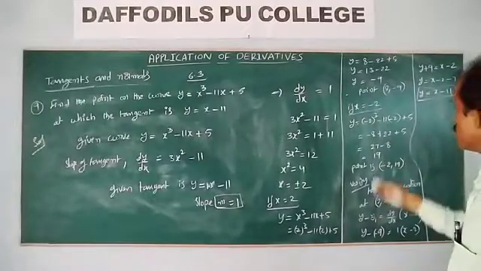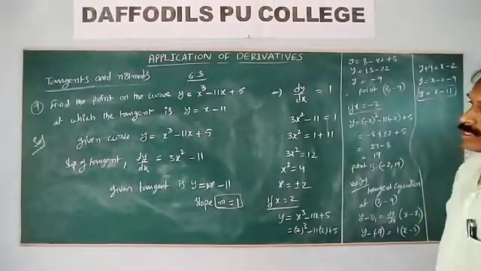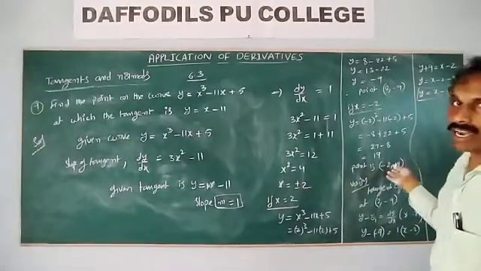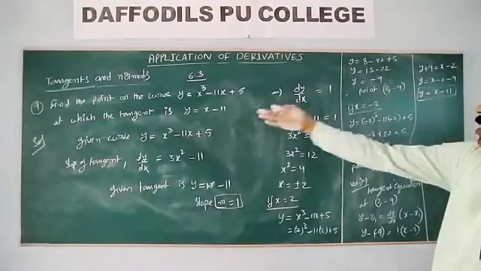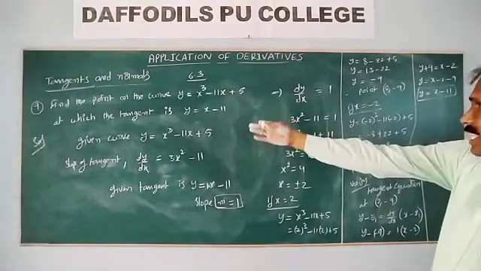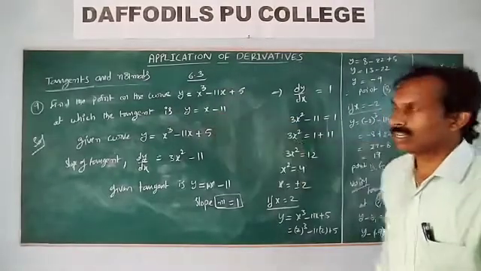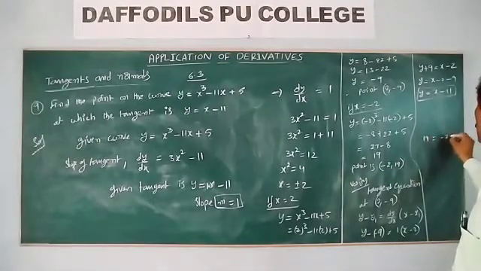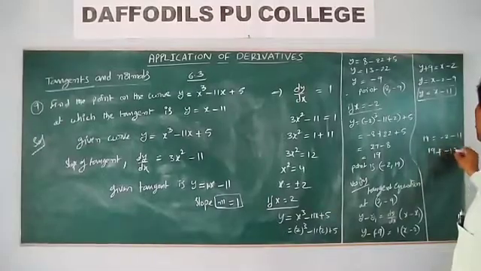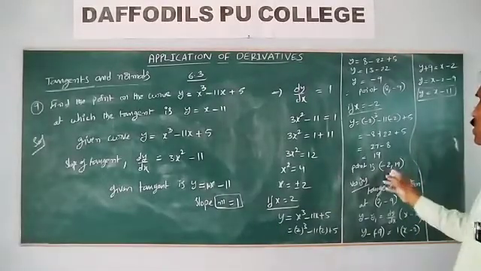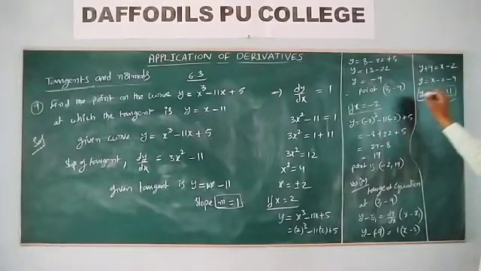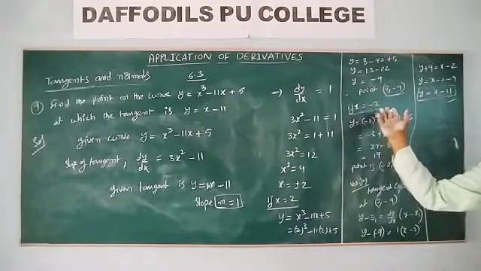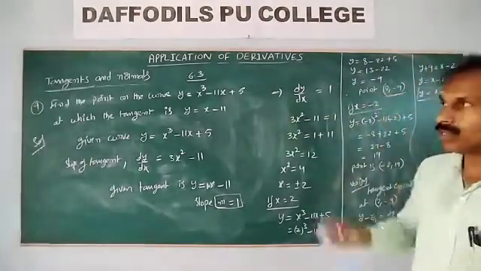Got this. So this point lies on the curve, and the tangent at the point 2 comma minus 9 is y is equal to x minus 11. Now substitute the other point, minus 2 comma 19, into this line: 19 is equal to minus 2 minus 11, that is 19 is not equal to minus 13. So that point does not lie on this line. Therefore only the point 2 comma minus 9 lies on the curve with that tangent.